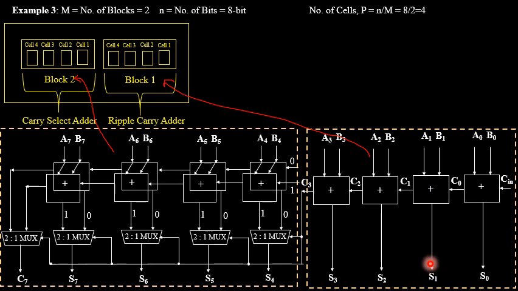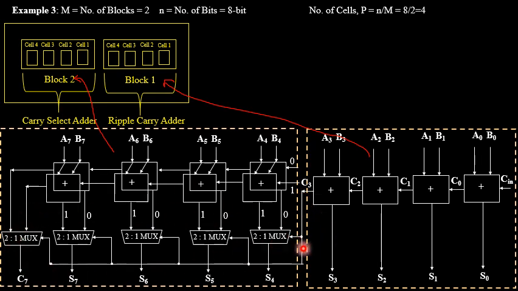So the second bit generates S1, C1, next it is S2, C2, and finally it is S3, C3. When it comes over cell 4, see, cell 1, cell 2, cell 3 and cell 4. This is the cell 4. Cell 4 is the end of block 1. So now this is the main carry output of block 1, that is C3, which will be behaving like a control signal for all the multiplexers used in the next block, that is block 2.